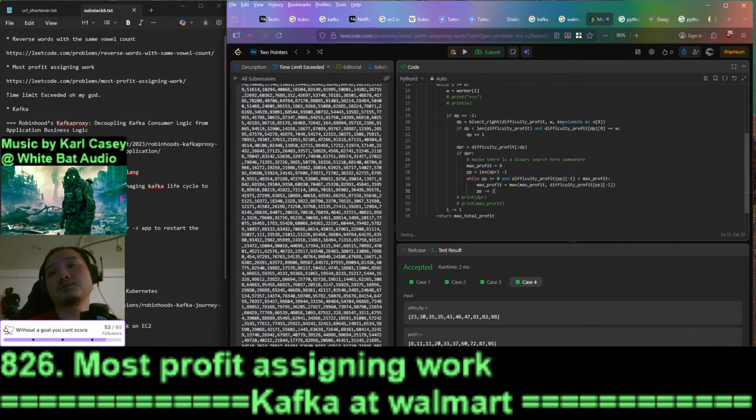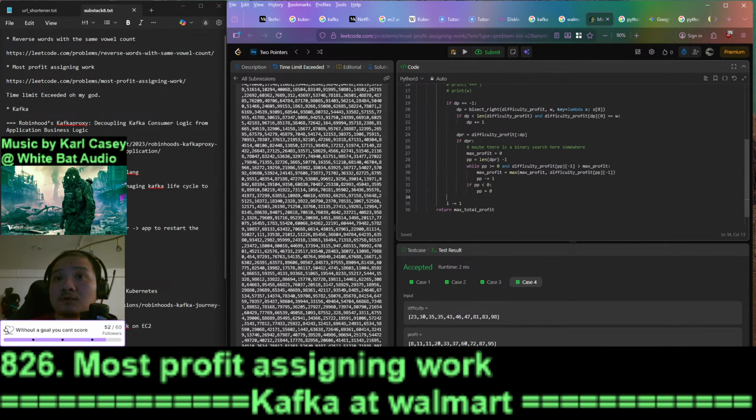So we basically loop back until we found the maximum profit. If after this, if PP is less than 0, then actually 0, right? Okay. Else,